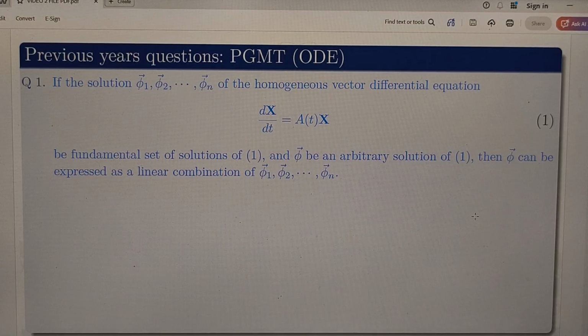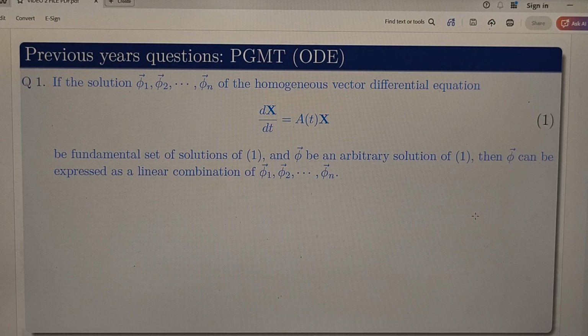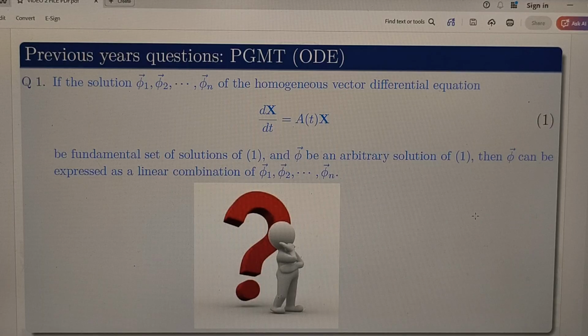national level exams. So question number 1 is: if the solutions phi 1, phi 2, up to phi n of the homogeneous vector differential equation dx by dt equals A(t) x be the fundamental set of solutions of the system, and phi be an arbitrary solution of the system, then phi can be expressed as a linear combination of phi 1, phi 2, up to phi n. Okay, so before proving this